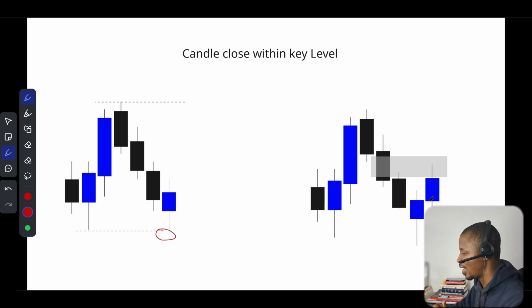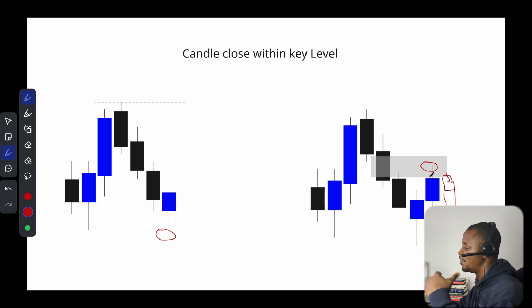Then when it comes to the gap, you can clearly see that price taps into the gap, right? And it does not close above the gap for the daily time frame. Remember, this is daily time frame. So since it doesn't close above the gap and it taps into the gap, that means for the time being, the gap is acting as our dynamic supply level, right? So the next candle, you want to see it printing towards the downside. You understand? This is exactly what we are going to be expecting the next candle to do, because of course